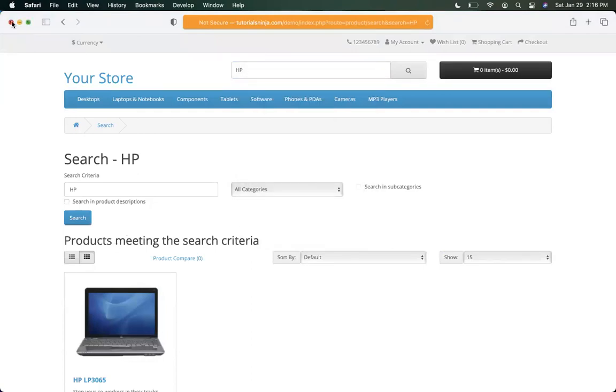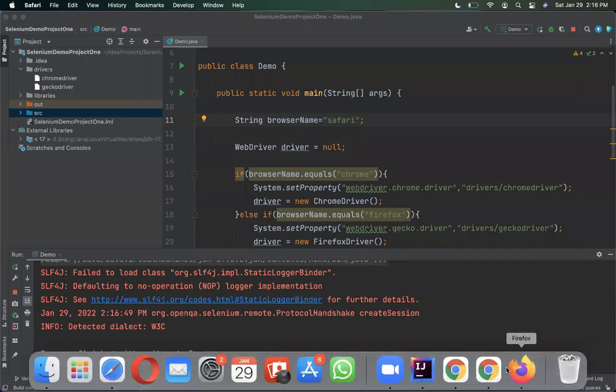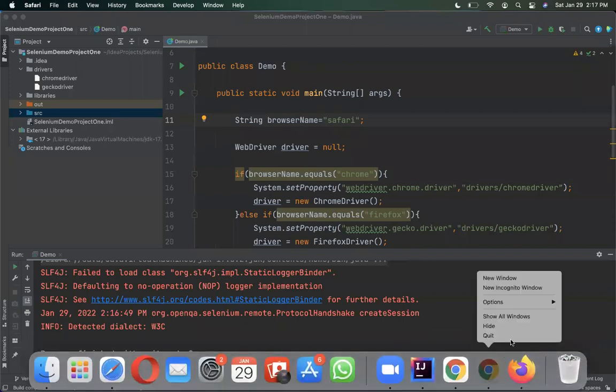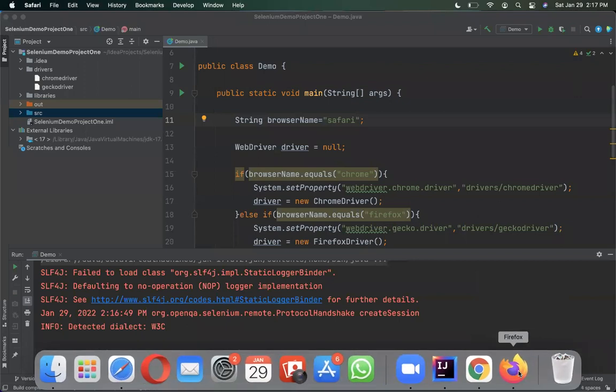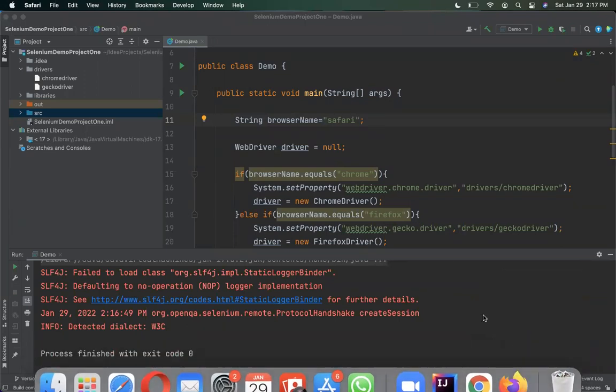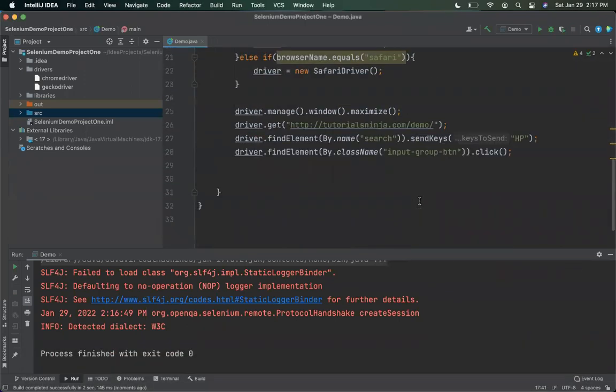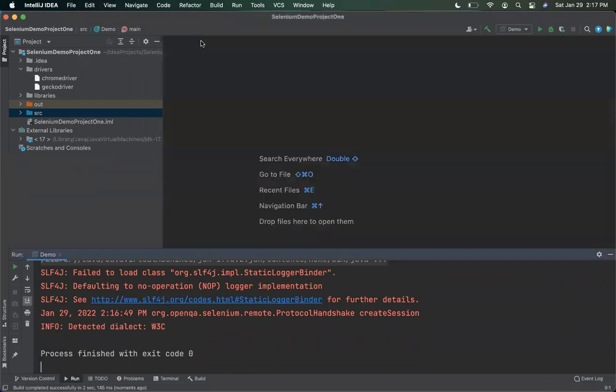Stop the session and close. Fine, let's go here and remove them, quit them. Done, guys. You see, you are able to run your scripts on different browsers. This is the way. And here only one class is there. Inside that single class, we have written a single script, and we have programmatically managed to run it in different